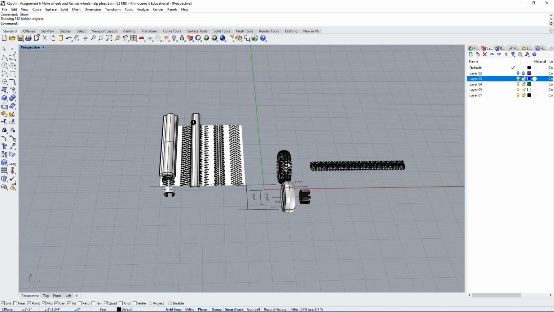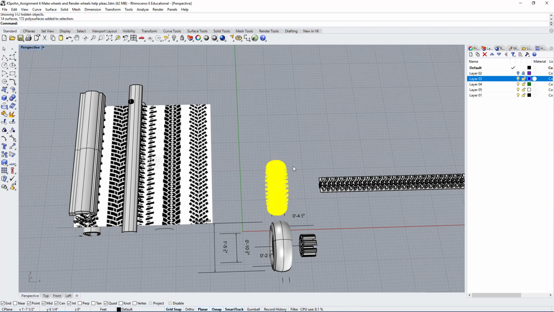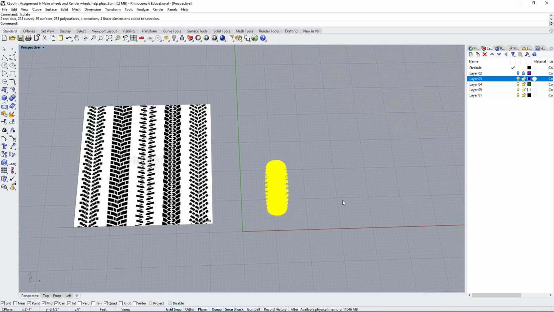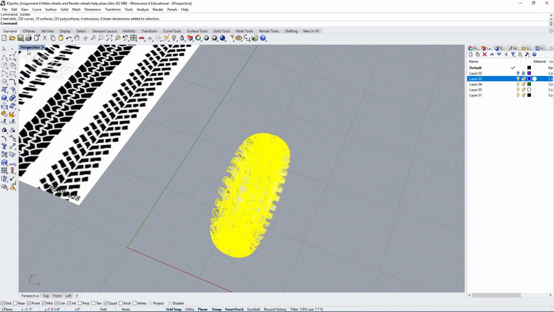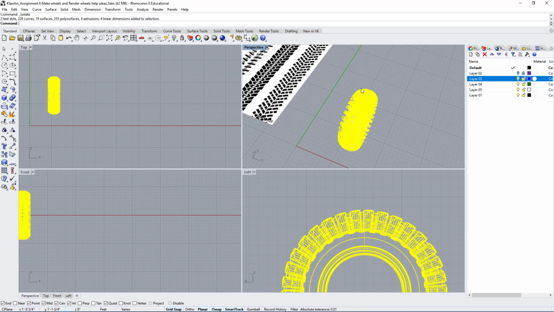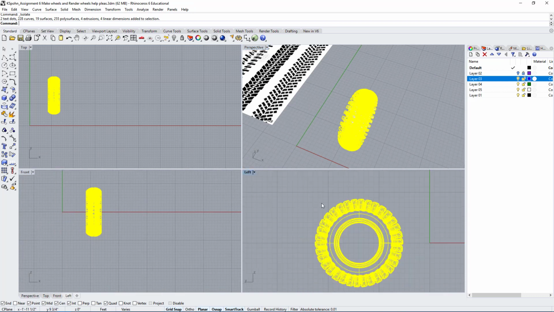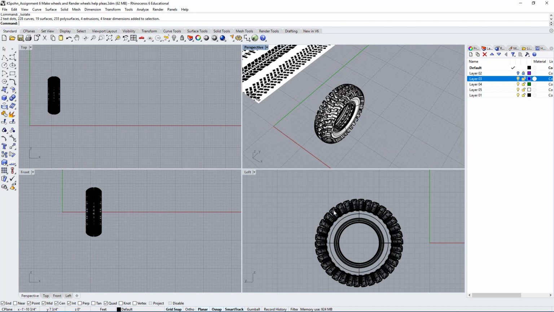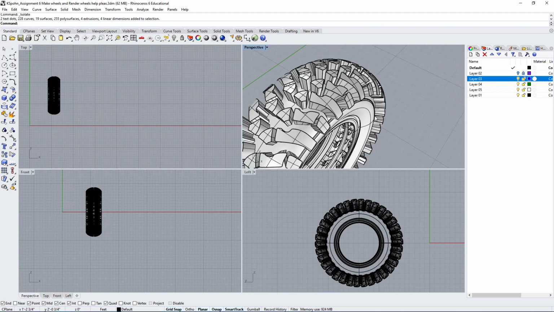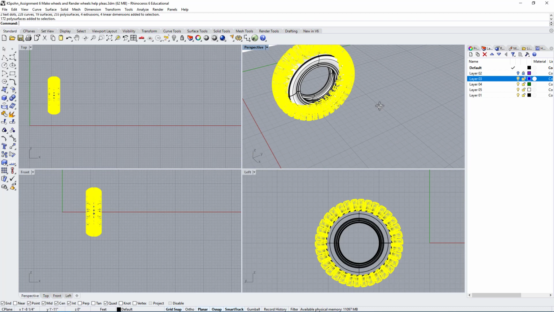So you can show the objects, you can select what you're working on and hide anything selected, or you can select it and hide anything that is not selected. This is really useful when your file is getting heavy and you really want to focus on parts of your scene, and not everything at once. You don't want to see too many things at once. It's a little overwhelming. So now we have this as a group.